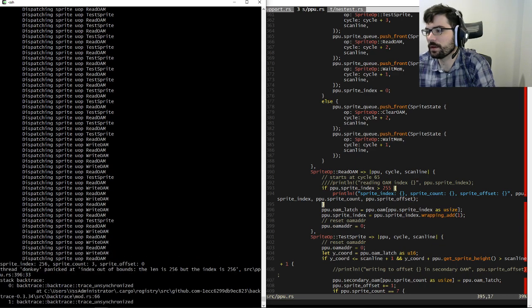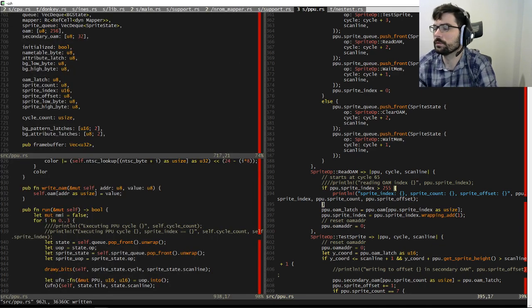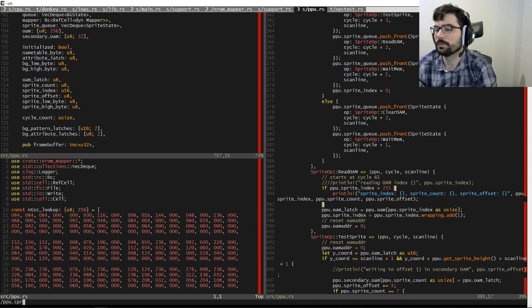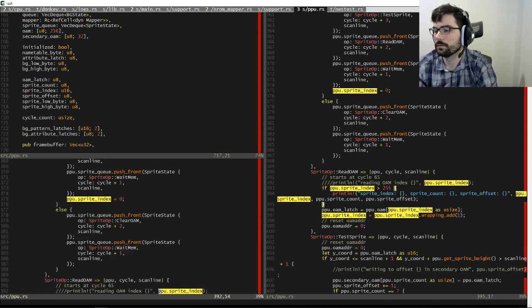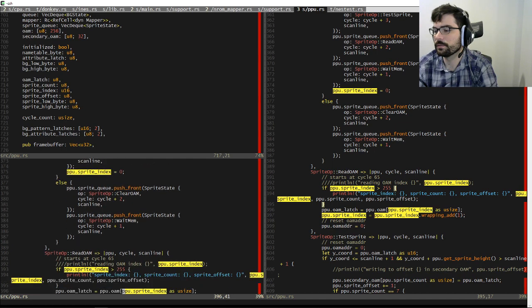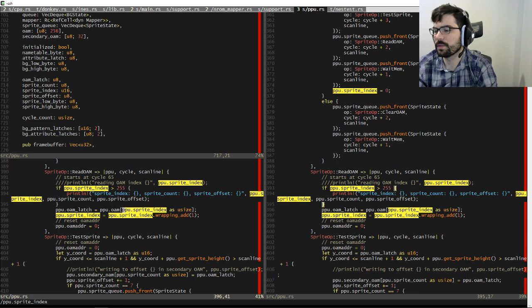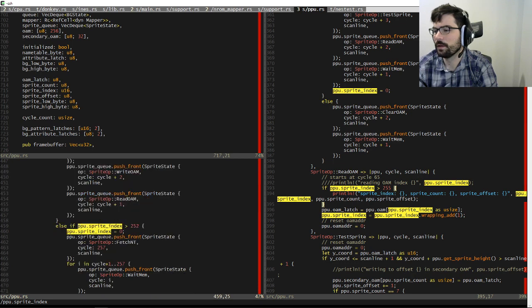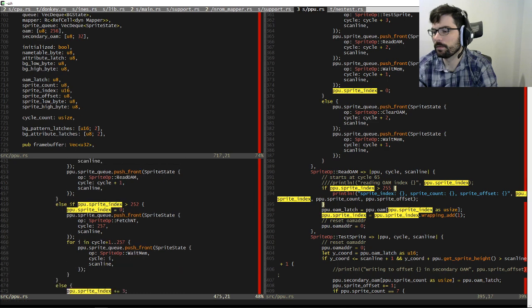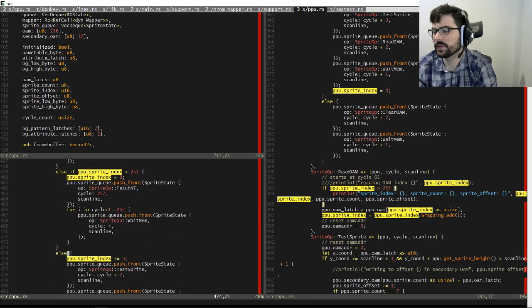That seems a bit odd. Set to 0. It is modified here. Although I guess I changed it to be a 16, so that's wrong. Sprite index plus 3.